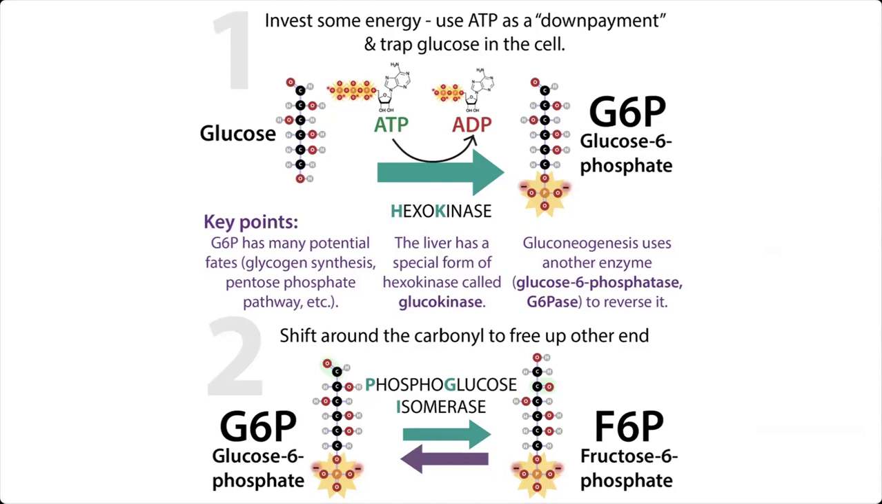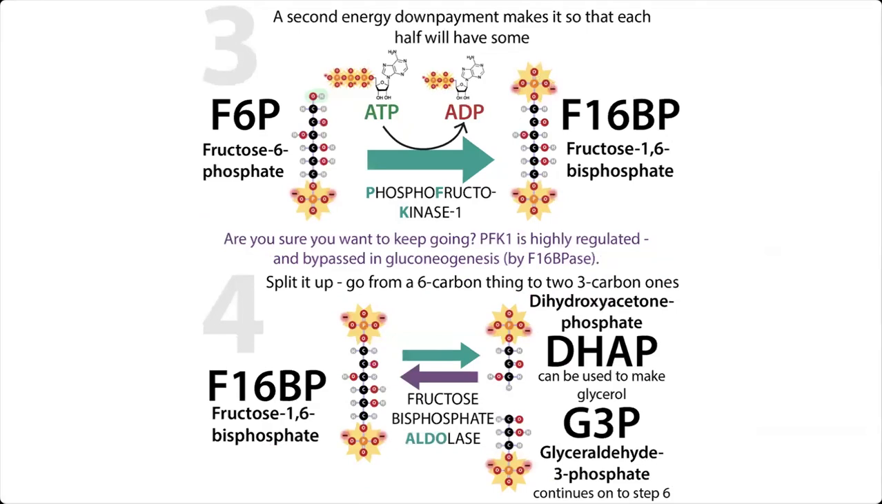When we talk about shifting things around in a molecule, we want an isomerase. Phosphoglucose isomerase is going to allow us to shift the position of our carbonyl so that we free up an alcohol on the end. This is going to give us fructose 6-phosphate, which we can then phosphorylate to give us fructose 1,6-bisphosphate. That fructose 1,6-bisphosphate is now perfectly poised to be cut in two and have two phosphorylated halves that